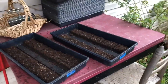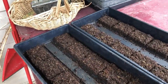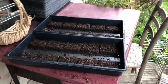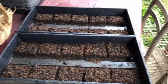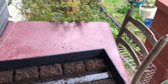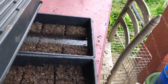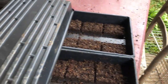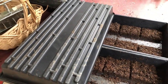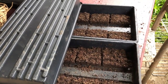These need full darkness to germinate, and on the shelf, all the lights need to be on all the shelves in there. So what we're going to do is just take 2 empty bottom trays. Sorry, I'm gonna knock that one down a little bit. Oh, there we go. And just kind of set them across like this. Oops, there we go. So it covers them up and blocks them from the light. So we'll see how that works,